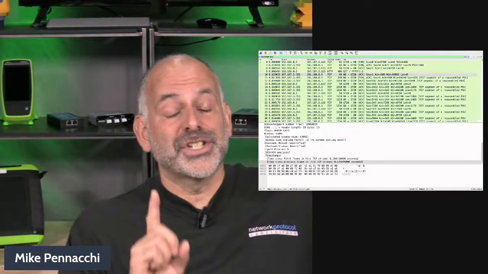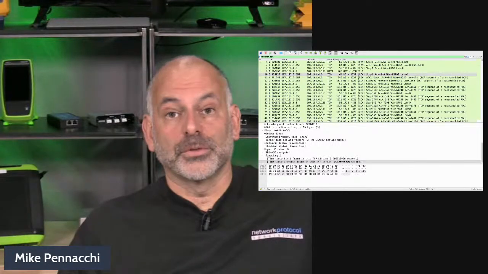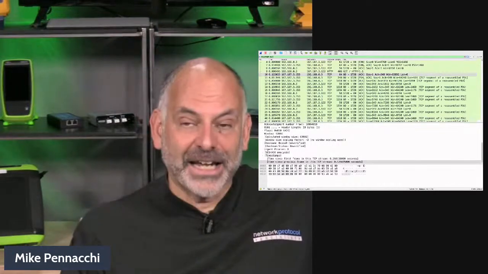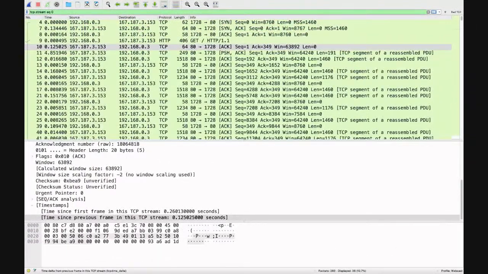So you get a receipt saying they received the letter. Now, it could take them 2 weeks to reply to that letter. And that is what we're seeing here, is that this acknowledgement that we get right here in frame number 10 tells us that our request, our HTTP GET, was successfully received by the server.